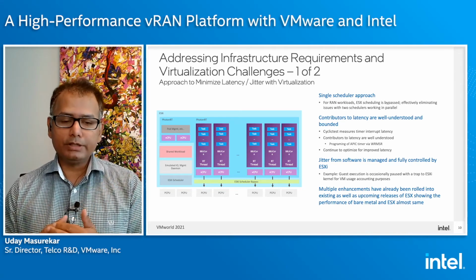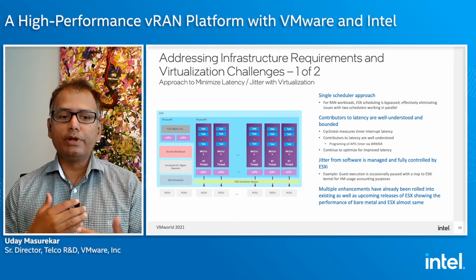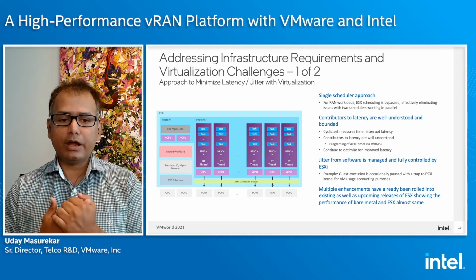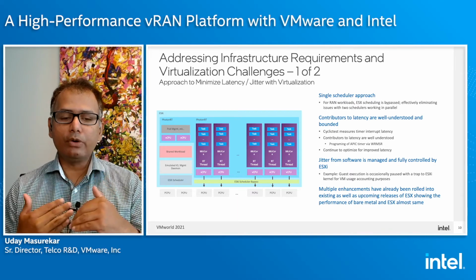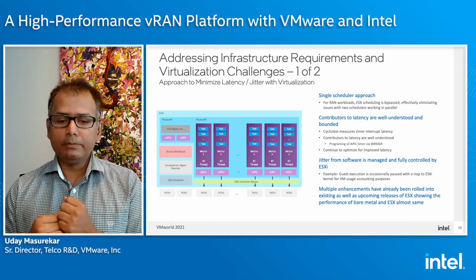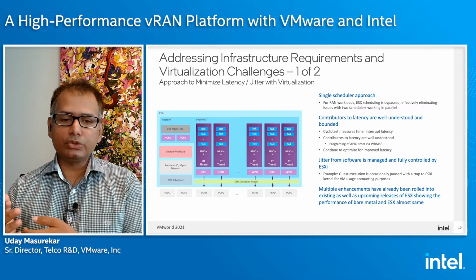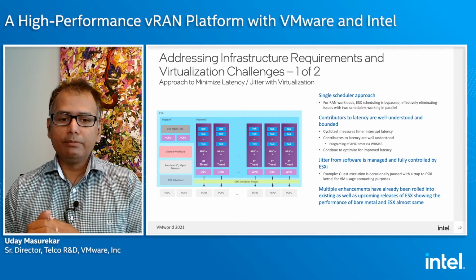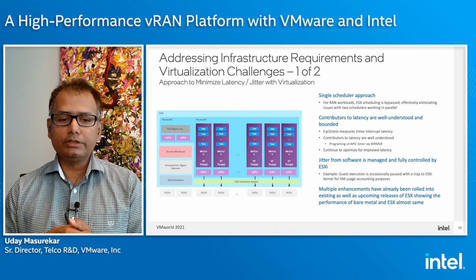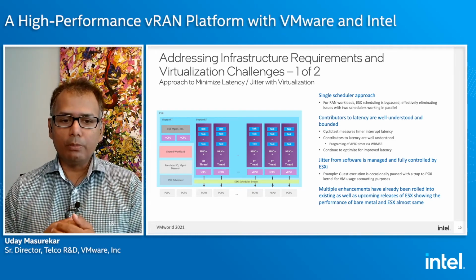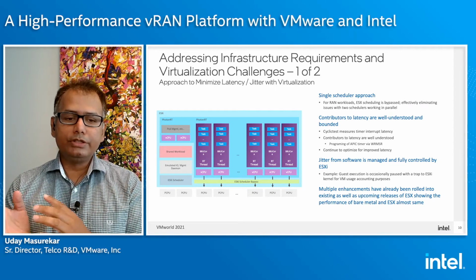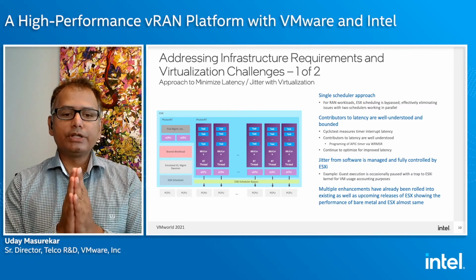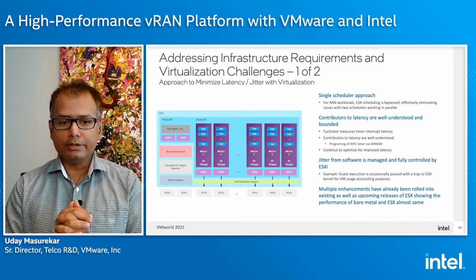Of course, hypervisors, as I mentioned earlier, do bring in a lot of goodness by providing an abstraction which hides the complexity of the specifics of, let's say, storage or network or CPU from the guest. But then it will also introduce these two-scheduler problems or jitter that is introduced by ESX and all that. So I wanted to mention how VMware is trying to address these problems.